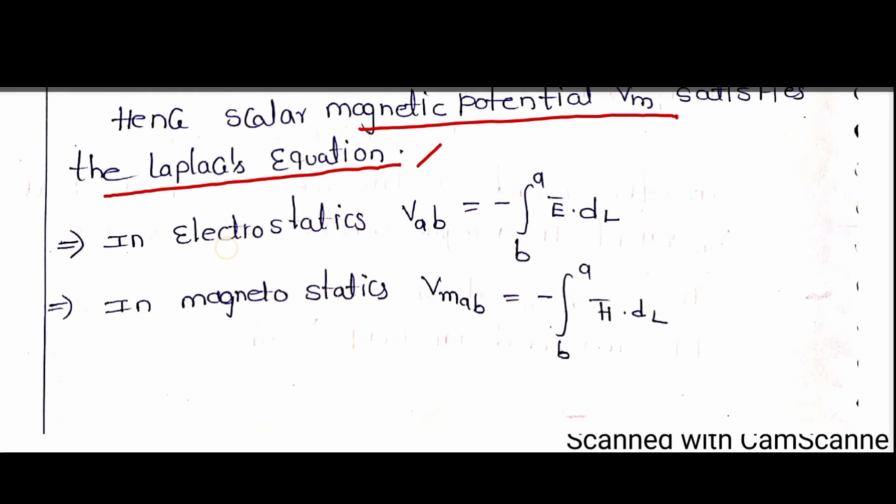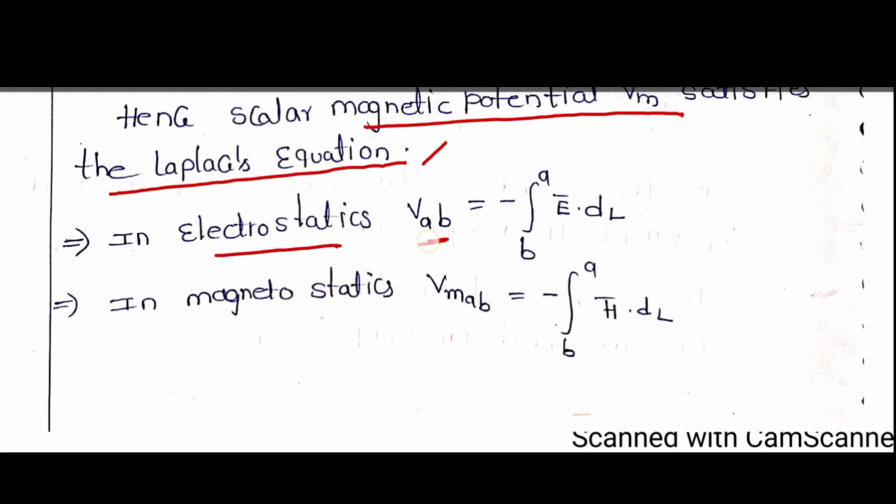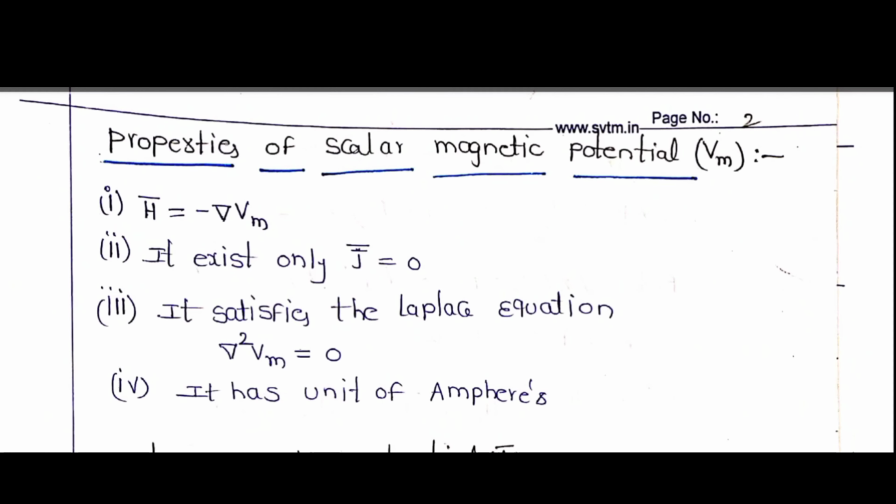Now another formula in electrostatics, you know that electric potential VAB equal to minus integral B to A E dot dl. Simply we are substituting for magnetostatics Vm. The scalar magnetic potential Vm is given by minus integral B to A H dot dl. In place of E bar we are substituting H bar only. That's why I told you, if you know second unit, first unit very well, you can understand third chapter. In magnetostatics, Vm scalar magnetic potential is calculated as negative integral B to A H dot dl.